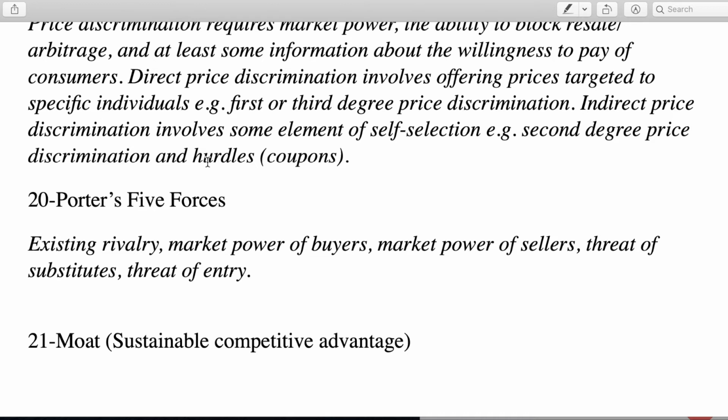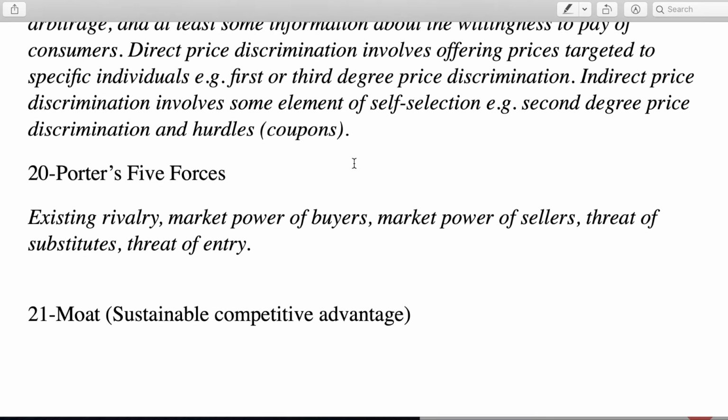Hurdles would be, suppose you have some obstruction to receiving a discount, such as clipping coupons, some nuisance, something that's bothersome that makes people have to go out of their way to receive the discount. Those with high willingness to pay are just going to pay full price. Those with low willingness to pay are going to jump over the hurdle. They're going to be willing to clip the coupon and incur that extra cost. Another example would be a day-old bakery. You can get a discount if you're willing to wait until the next morning to buy whatever donut or pastry. Those who are not willing to wait until the next day pay full price on the day of.